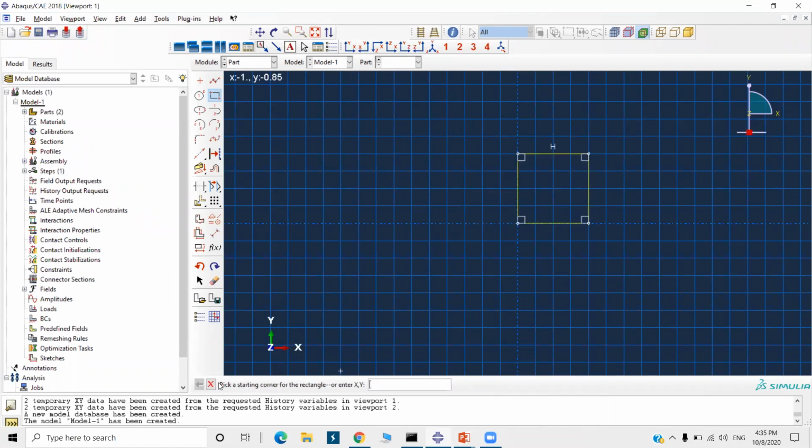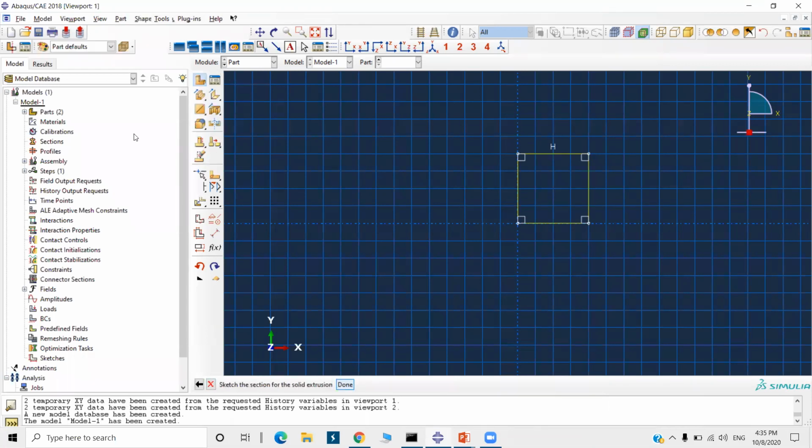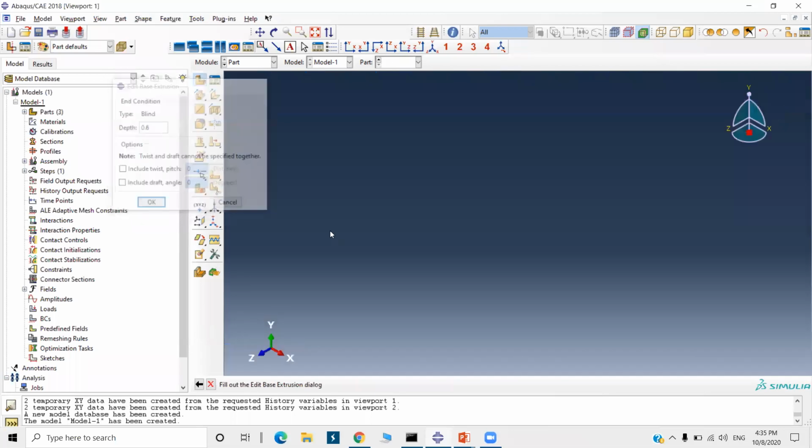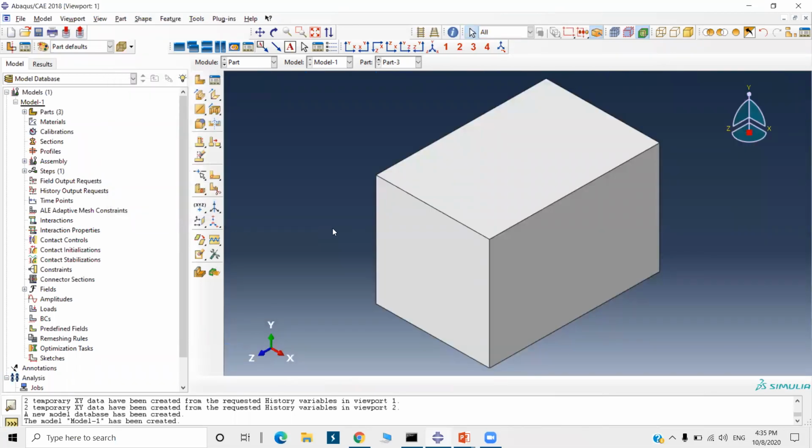Okay, close this and done. And its depth is 0.6. So we have created the Eulerian domain. Now, Eulerian domain means what? Under this domain, the computation is going to happen. Under this domain only.